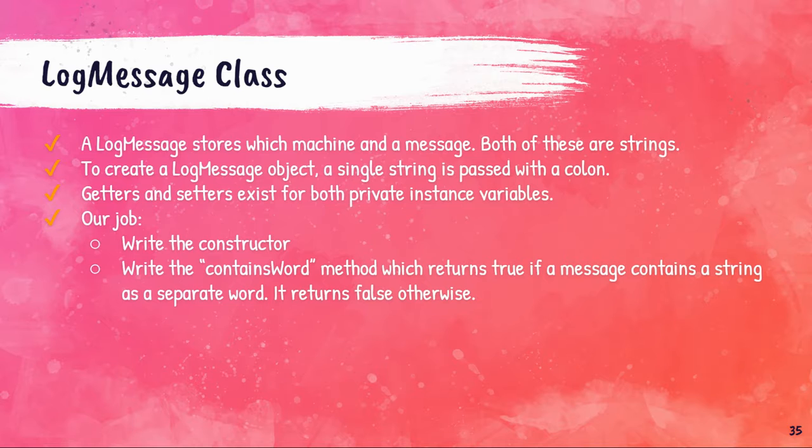And to create one, a single string is passed. It's got one colon in it, has no spaces before or after the colon. That was something that was made. We know that there are getters and setters for those two instance variables. Our job is to write the constructor, and then the contains word method. That's pretty similar to the